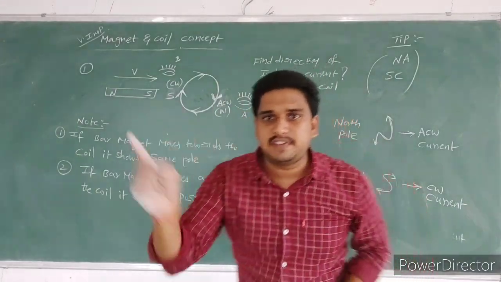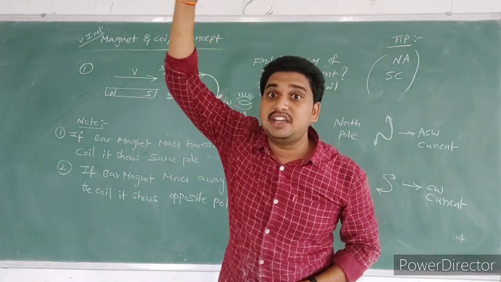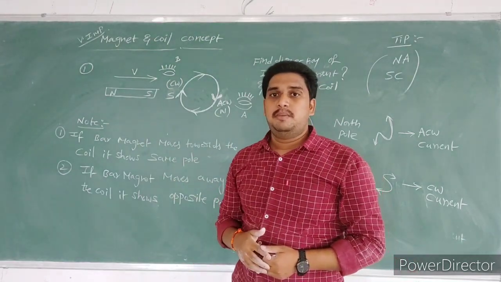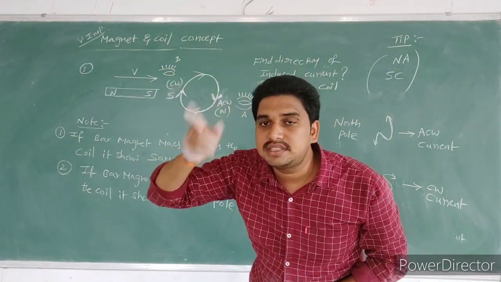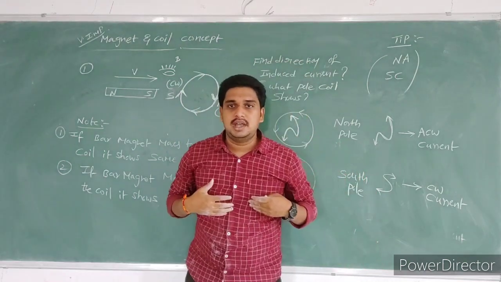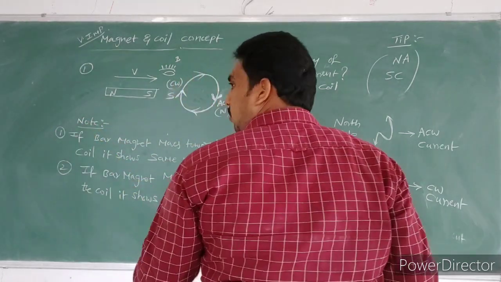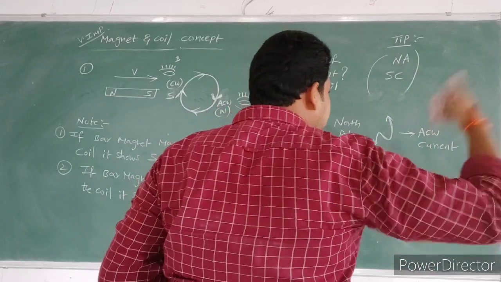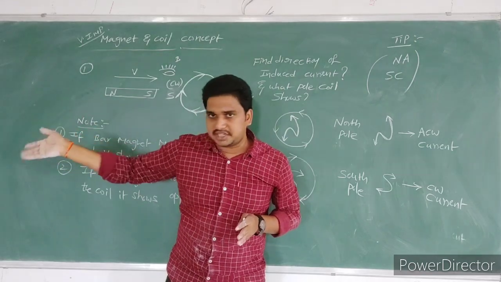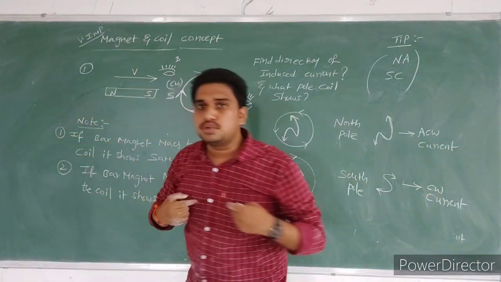A simple example: if a fan is rotating and you see from the top, that is anti-clockwise direction. If you see from the bottom, that is clockwise direction. When position changes, the observer's view changes. For example, I am here, so for me the right hand side is this. Now my position is like this, and now the right hand side is this side. So when a person's position changes,